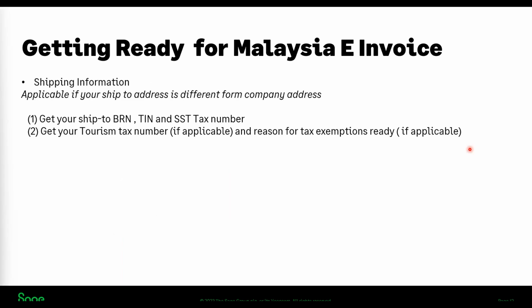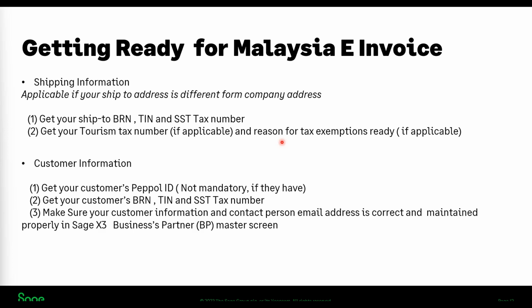Next, shipping information. Okay. If your ship-to address is different from your company address, you will also need to get your ship-to BRN number, TIN number, and also SST tax number. Okay, get your tourism tax number if it is applicable. If you have a tourism tax number, you need to get it as well. And if your company is exempted from tax, you need to get yourself a reason for tax exemption. Okay,